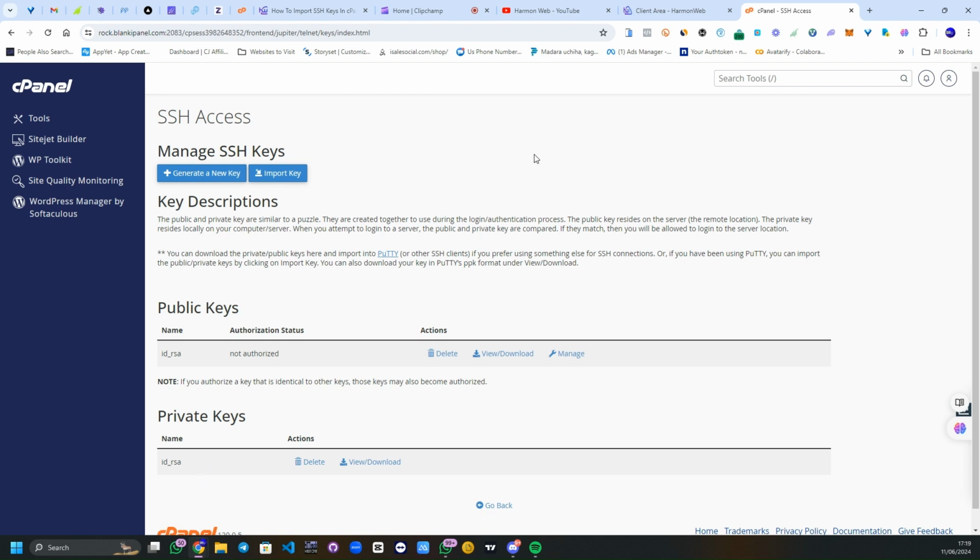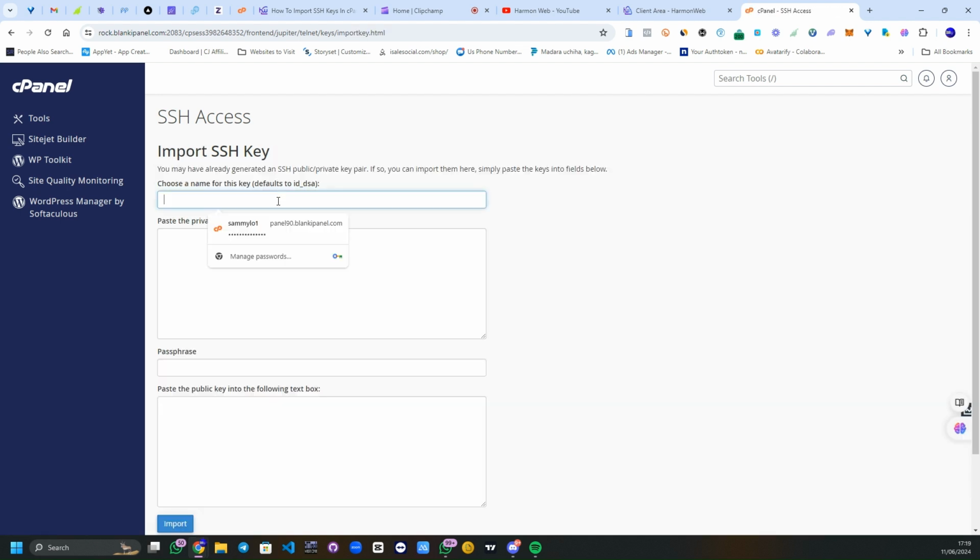So in order to import a new SSH key into your cPanel, you click on the Import Key button that you can find at the top here. Click on Import Key. Then you choose a name for your SSH key. It defaults to id_dsa, as you can see here. So let me say